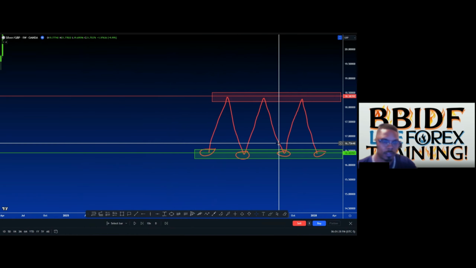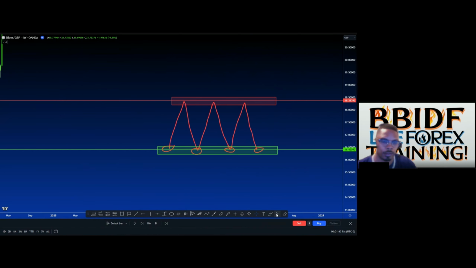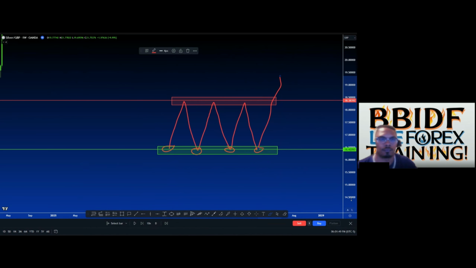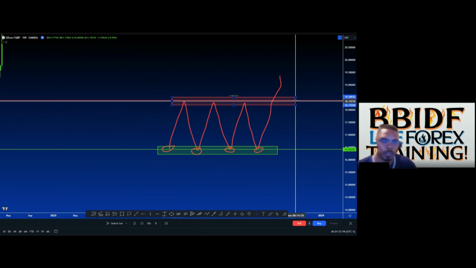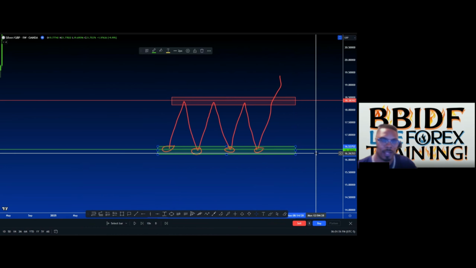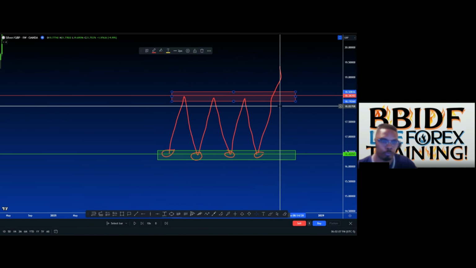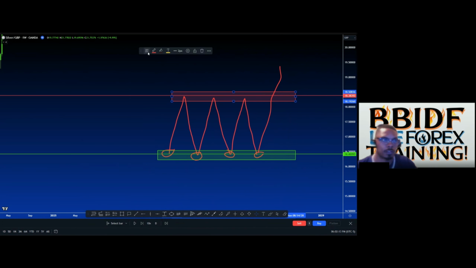All right, so now, let's see if we can get it. Tell me what just happened. It broke out of the resistance. Okay, that is correct. It went above. So this was resistance, but now what does this zone become? If it breaks resistance, what is this zone now? Becomes support. That is correct.